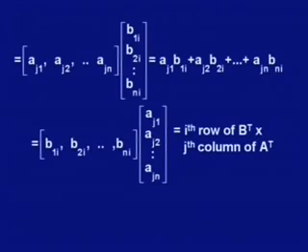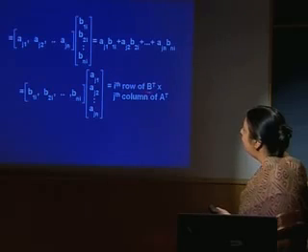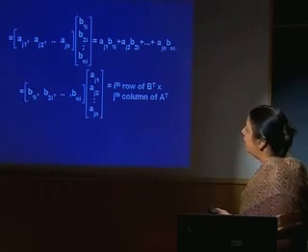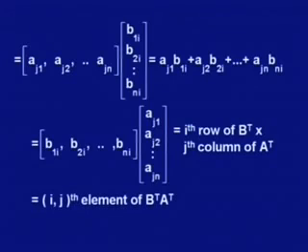But one can very easily observe that this is nothing but the ith row of B transpose, while this is nothing but the jth column of A transpose. That means this product represents the ijth element of B transpose A transpose, by the definition of matrix multiplication. So we have proved that the transpose of AB is B transpose times A transpose. This is important because matrix multiplication is not commutative. So if we have to take the transpose of AB, then we first take the transpose of B and then multiply it by A transpose. So the order changes if you take the transpose. So this is important.